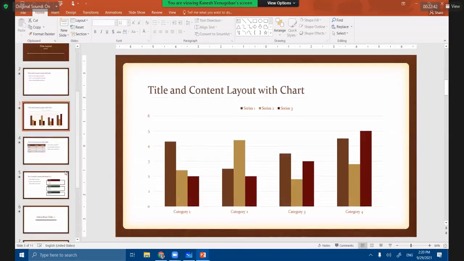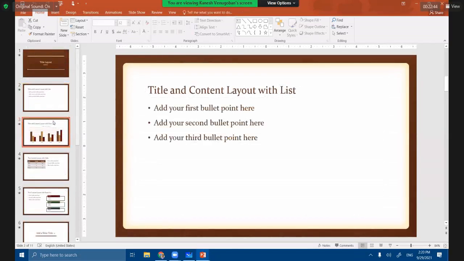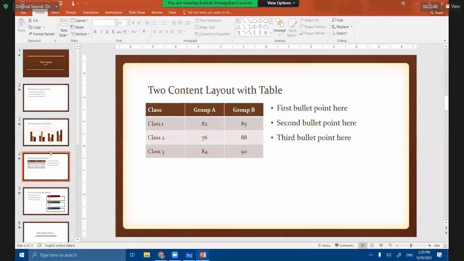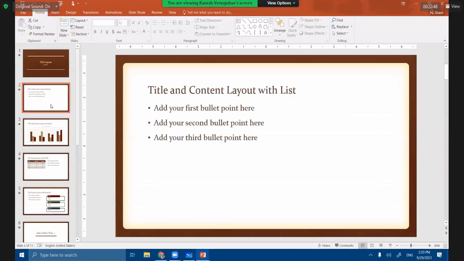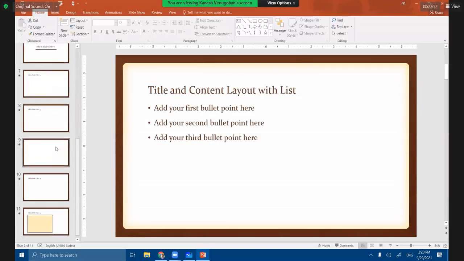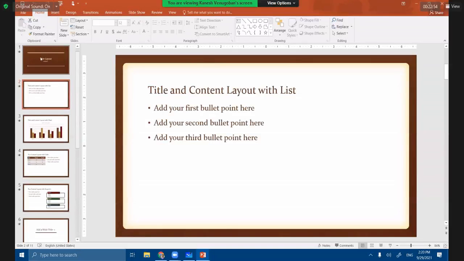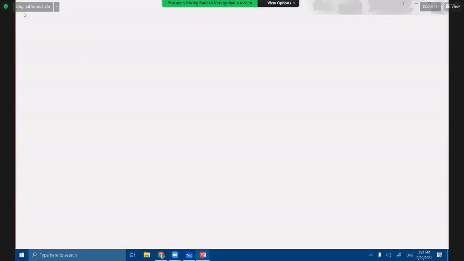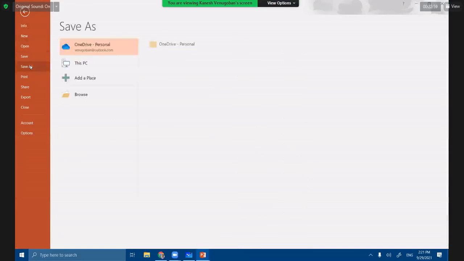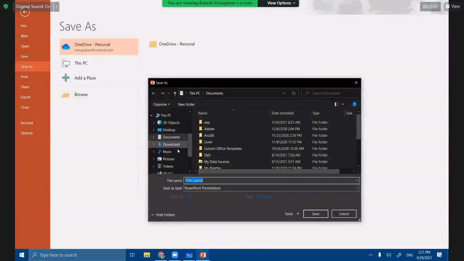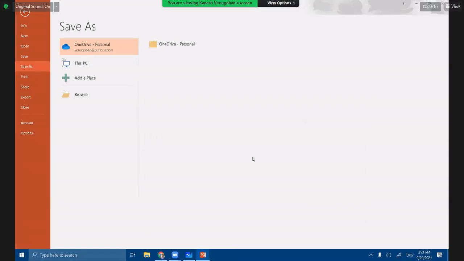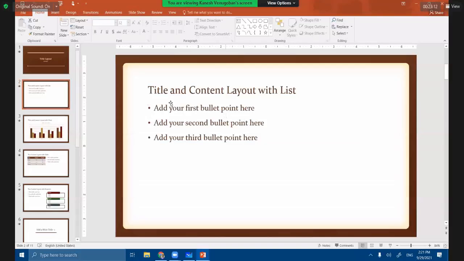This is a sample template. This template is available on the internet. You can download it directly. After that, we can save the file: file, save as, select the file location, your drive, put your name as the file name and save. Okay. So using the template,